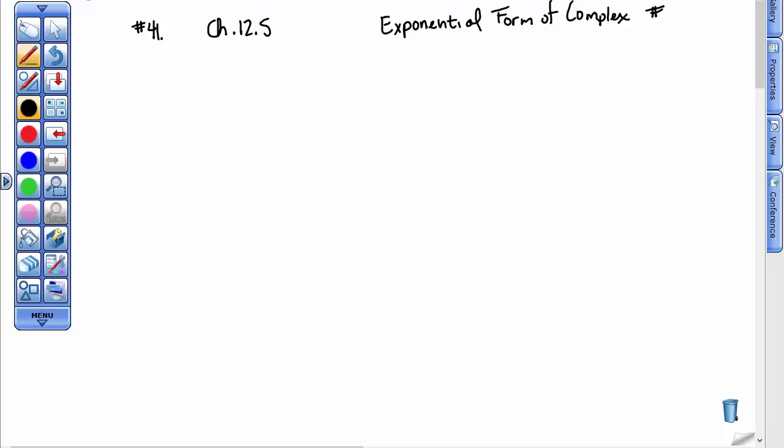Okay, Chapter 12, Section 5, we're looking at the exponential form of a complex number. Question number 41 says, in an electric circuit, the admittance is the reciprocal of the impedance. So that means 1 over the impedance. If the impedance is 2800